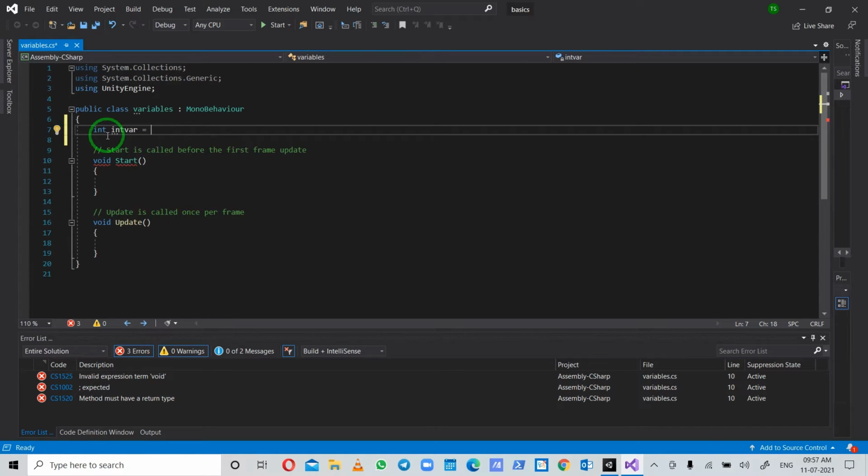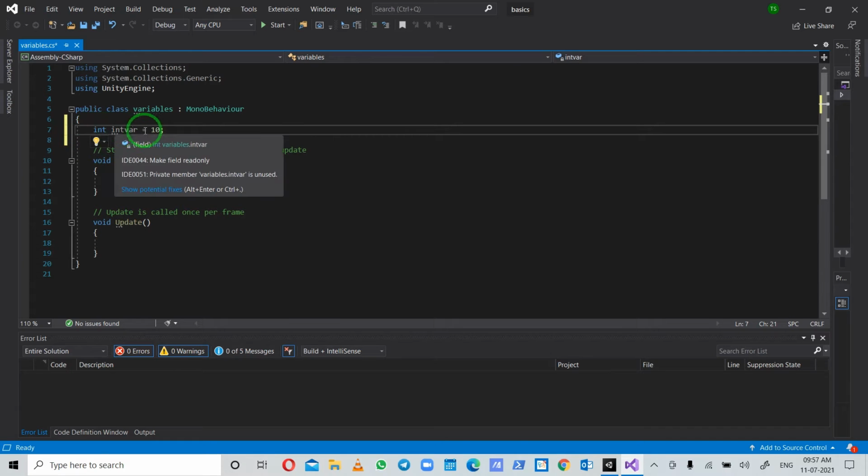As we have defined its data type is integer, we can store only an integer value in it. So here I am storing 10. Then we have to end that line with a semicolon. As you can see, here I have defined the data type, then its name, then I have assigned the value with the help of the equal to sign, and then this is the value which we have stored.